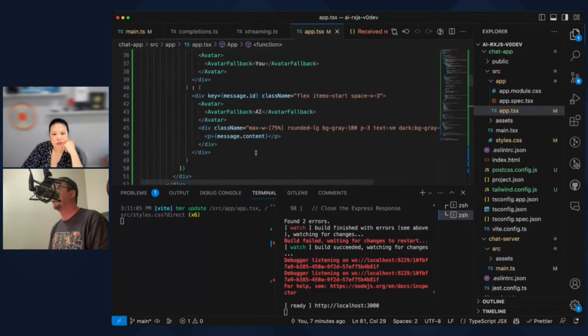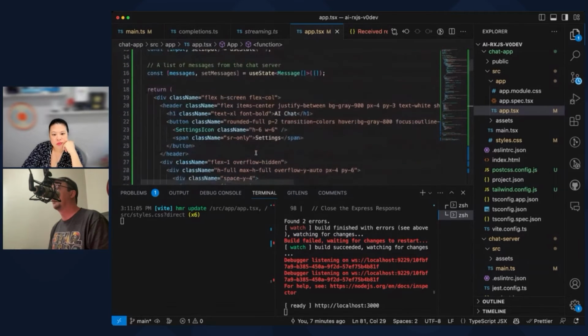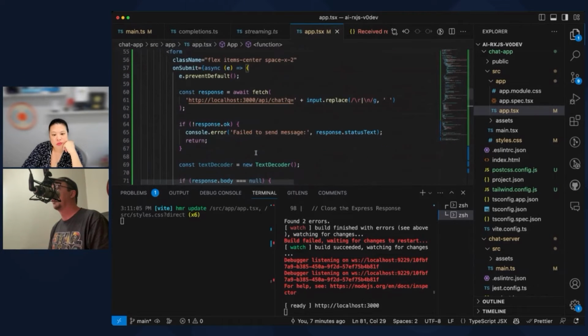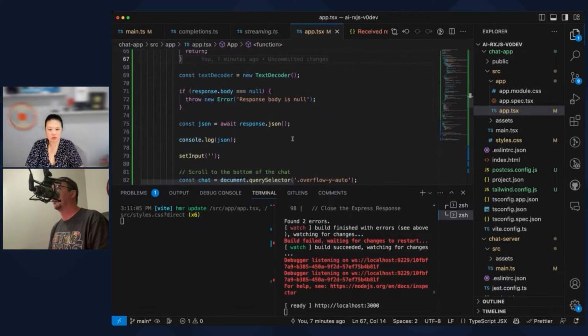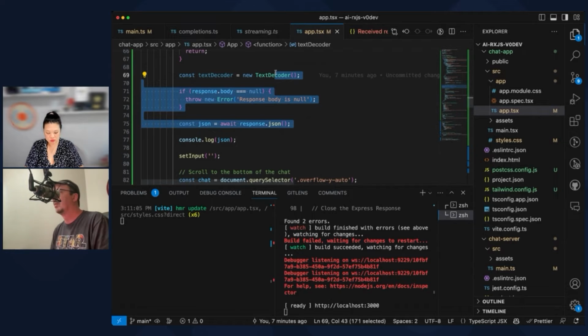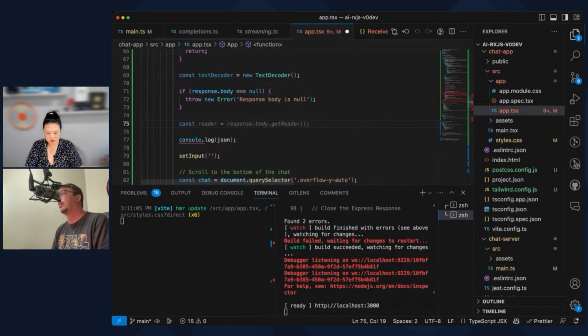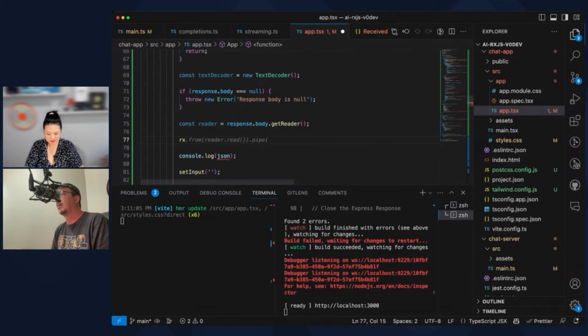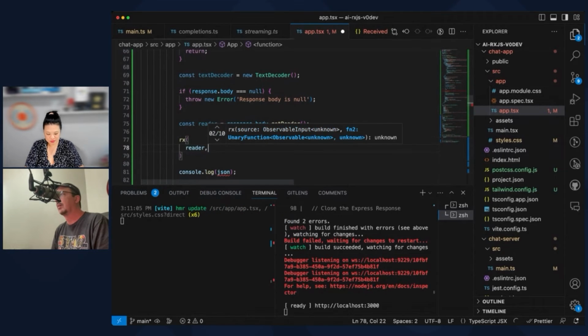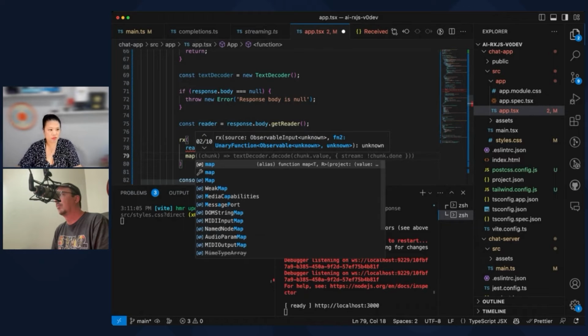I'm going to go back to my app code here. Where was I? So right here, we wait for this. And we were just doing this whole text decoder thing, but we'll probably still have to do a text decoder. Now I'm going to say reader, body get reader. Rx reader map.